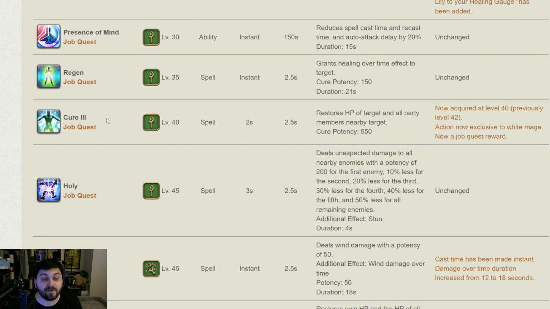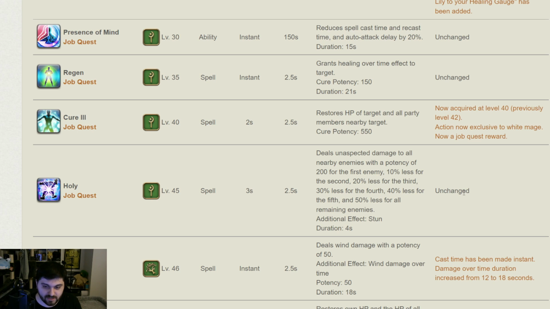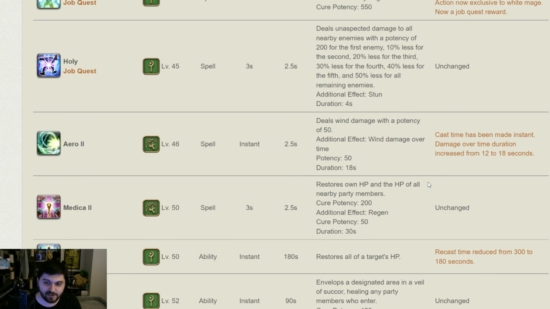This is because Divine Seal was removed. We'll get to that when we talk about role actions, but that is essentially what it replaced. Holy, still the same thing, completely unchanged. Arrow 2, cast time was made instant. So yeah, now Arrow and Arrow. Oh, I think, no, Arrow 2 is now upgraded from Arrow 1, just like we saw with